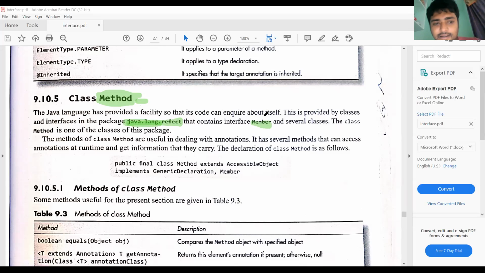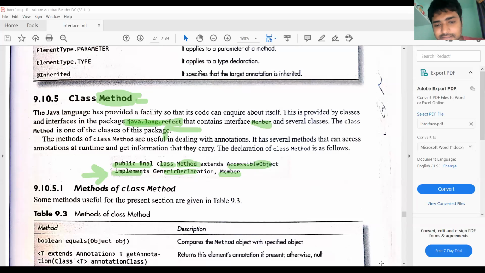Let us see the syntax: public final class Method, which extends some other class and implements some interfaces as well as Member. Member is an interface. This is a predefined class in the language package.